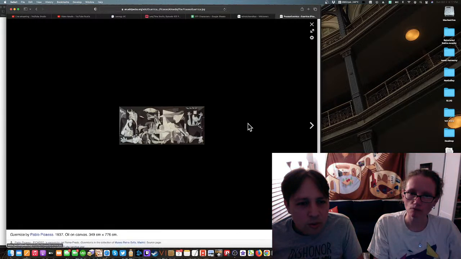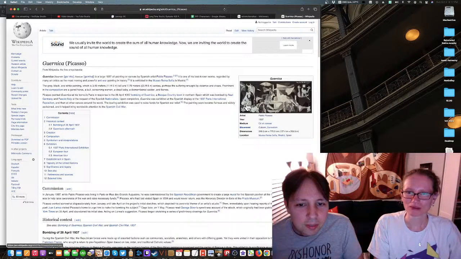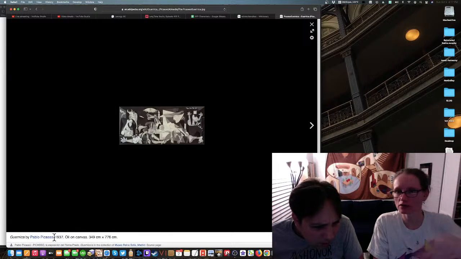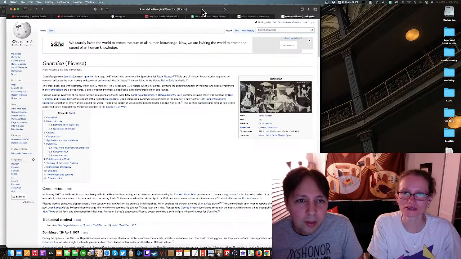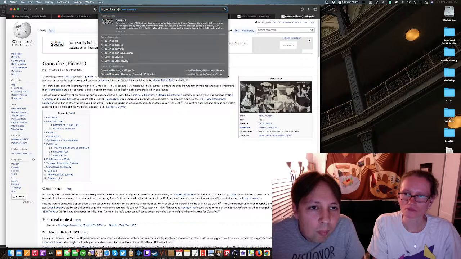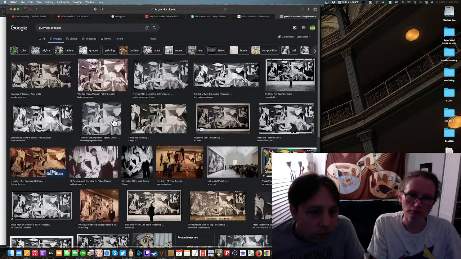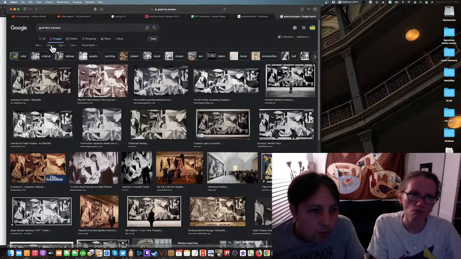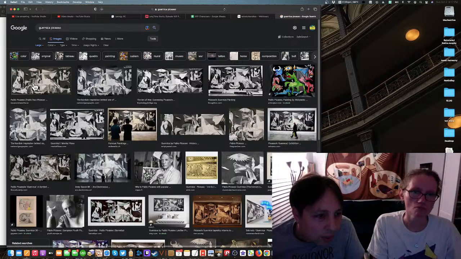Let me see. Seriously, is there an arrow up there? Oh no, that really just made it worse. Okay. We're going to go to tools, go to size, go to large and get the biggest one that we can.